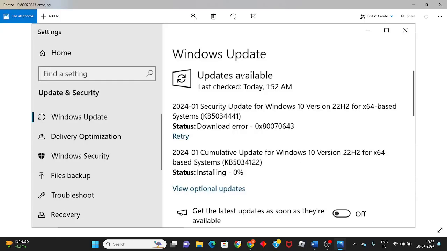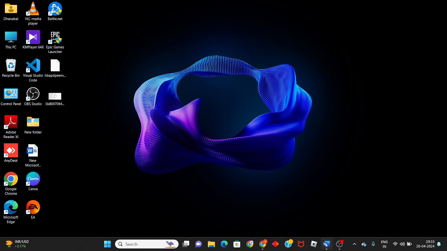How to fix Windows update error. This code is the error problem. Then follow the steps to solve this problem. Okay, then the first step is to